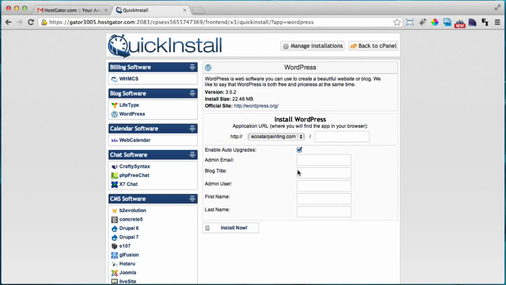Now it's going to ask us which website we want to install WordPress on, and since we only have one website right now, we're just going to use that, and we're going to leave this blank because we want to install WordPress on the main website, not / anything. So just leave that blank, put in your admin email. I'm going to go ahead and put in my email from now, and put in a blog title. Later I'm going to show you how to change this. So I'm just going to put in